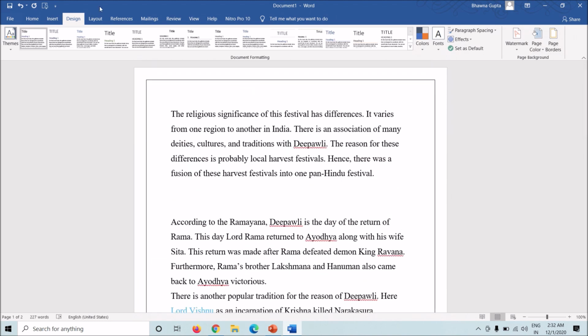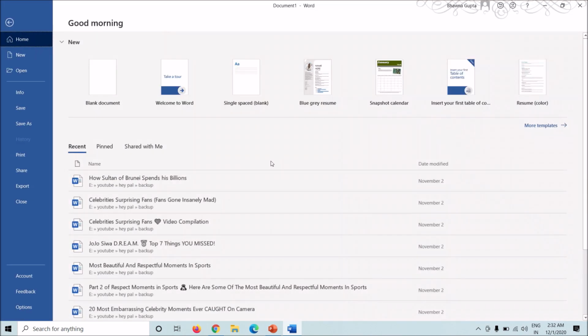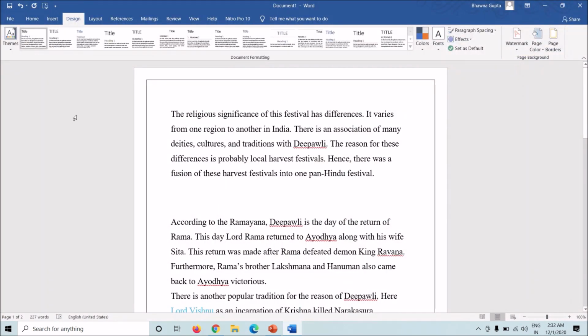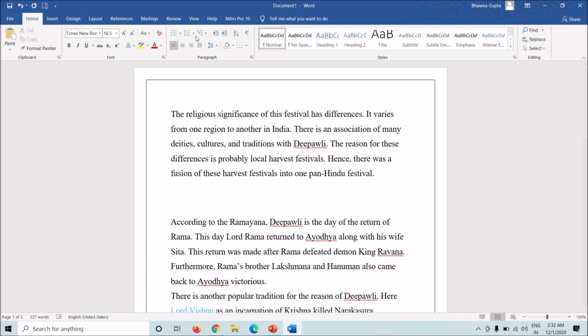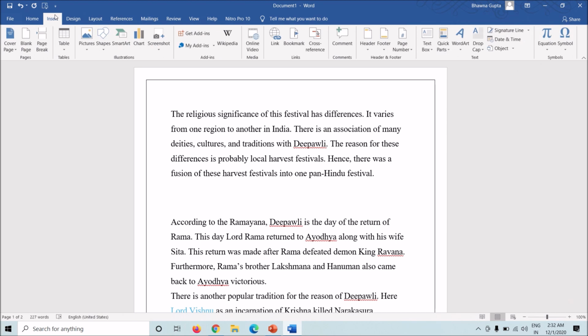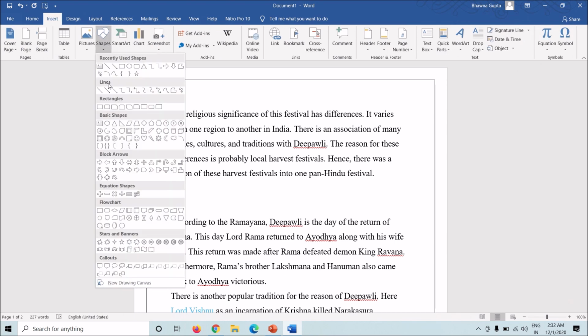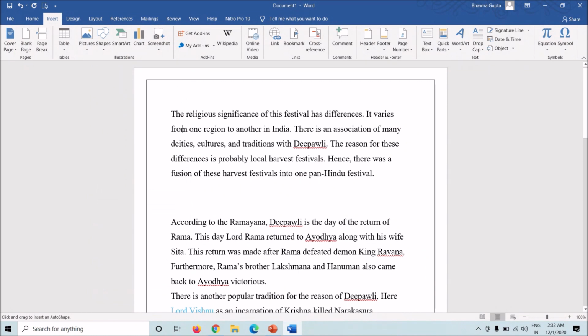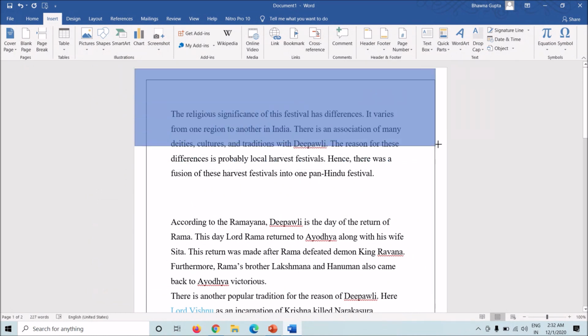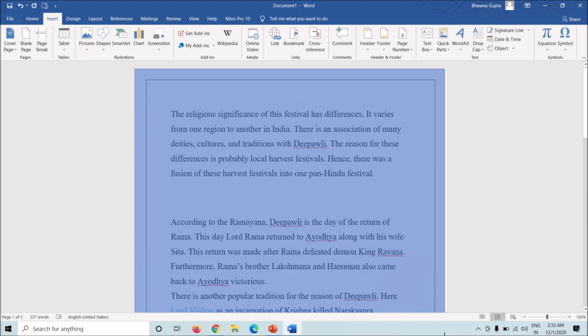Now the trick is, if I want to change only the first page, then what? For this, there's a very unique technique that you can use. I'll go on insert, I'll go on shapes, I'll choose rectangle as the shape. I'll choose this entire page.